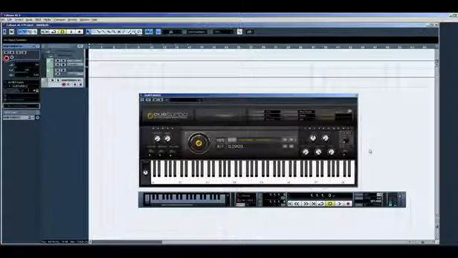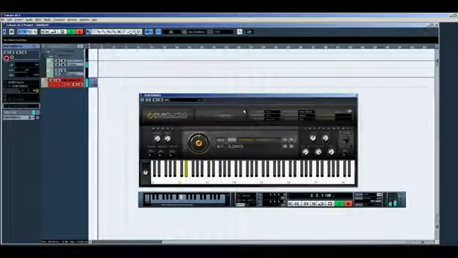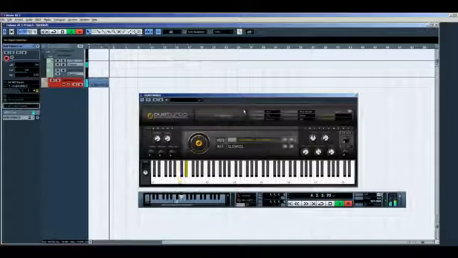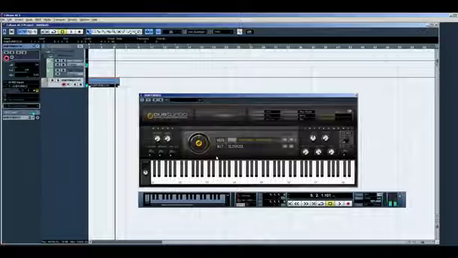Sure, let's do some random stuff. Whatever happens here happens. Quantizing 116. Boom. All right. Should have had my metronome on there, but